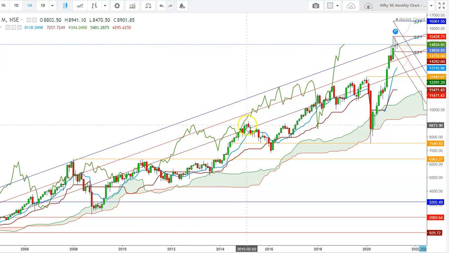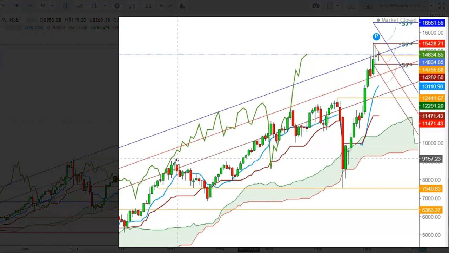But this uptrend continued when the Nifty entered the uptrend zone once again during the month of January 2015. But here you can see how the Nifty faced the next resistance at the levels of 9157 and tested a low at the levels of 6916 during the month of February 2016. But since then, this uptrend continued up to the levels of 12,441,